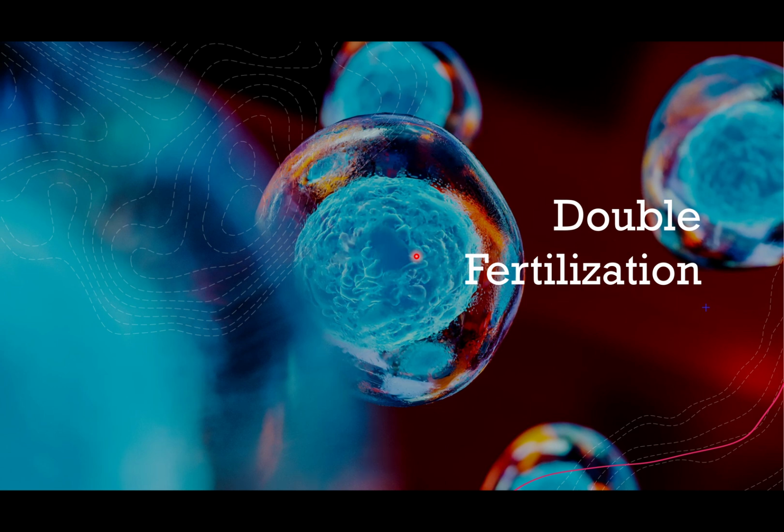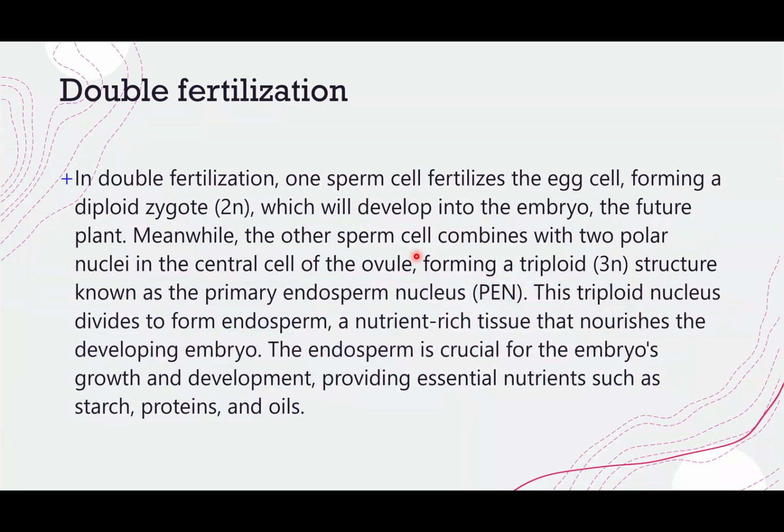Anybody? Because both of the gametes fertilize the mature ovule. One of the gametes will fertilize the, so I think it's the generative nucleus that will fertilize the egg, and the other one will fertilize the, I don't remember, endosperm